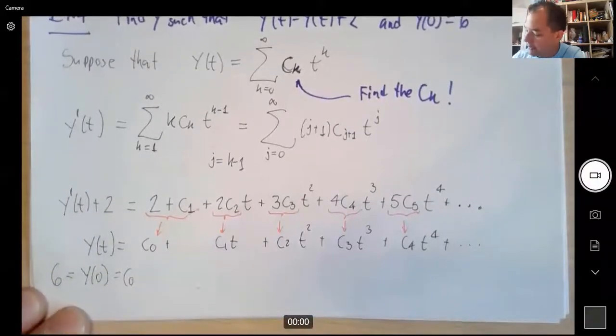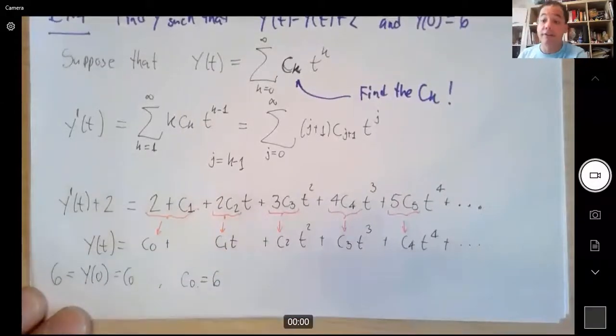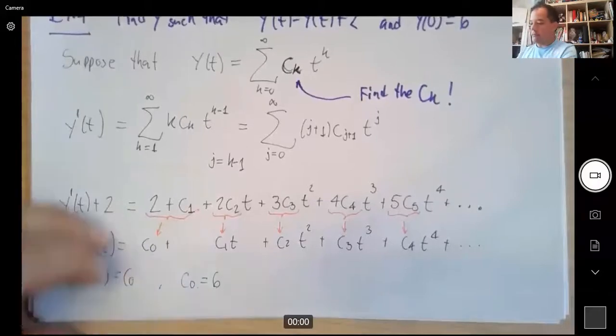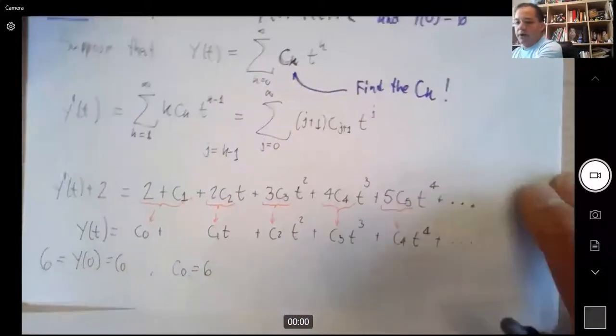Yeah? So now we're like detectives. We're figuring out with our clues, we need to figure out all the C's. And we already got one. C0 is 6. Now I guess that with this one, we can figure out C1, right? Let me get more paper here. And we'll move it along. How? Well,